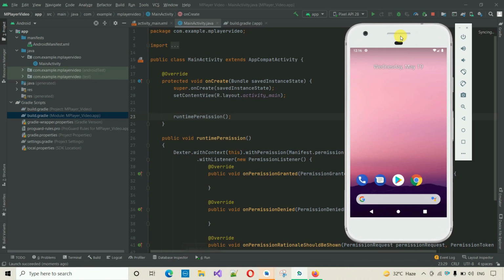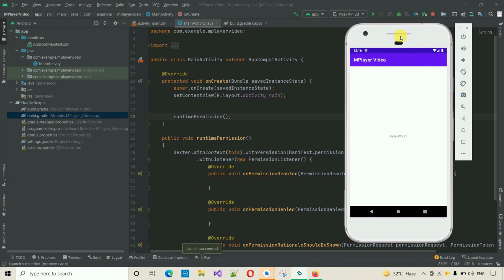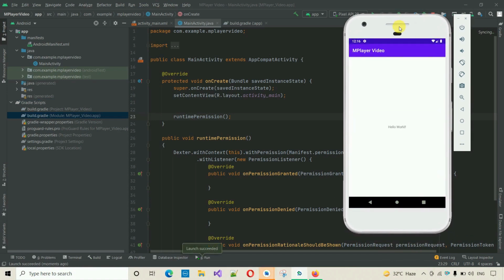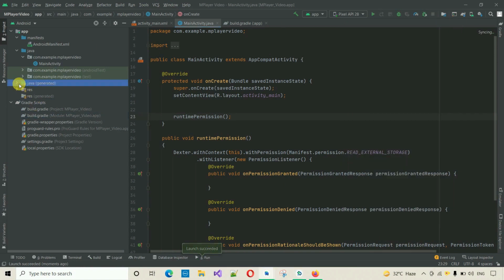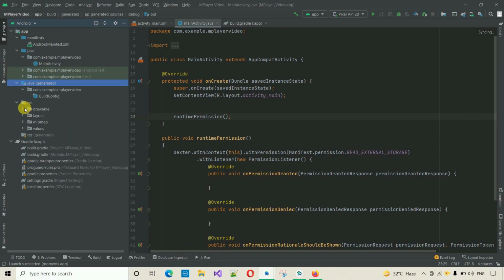Okay, it will take a few seconds to install at least. Okay, this time it directly opens the app. So what we have to do is just move back over here, go inside this one, that is resources,